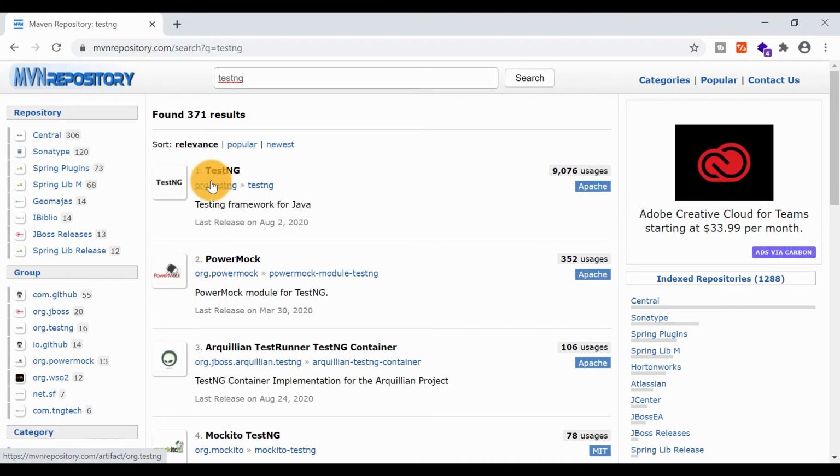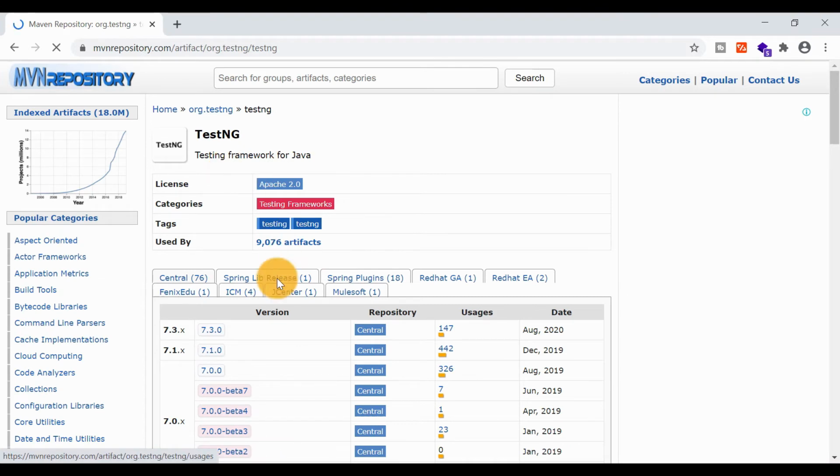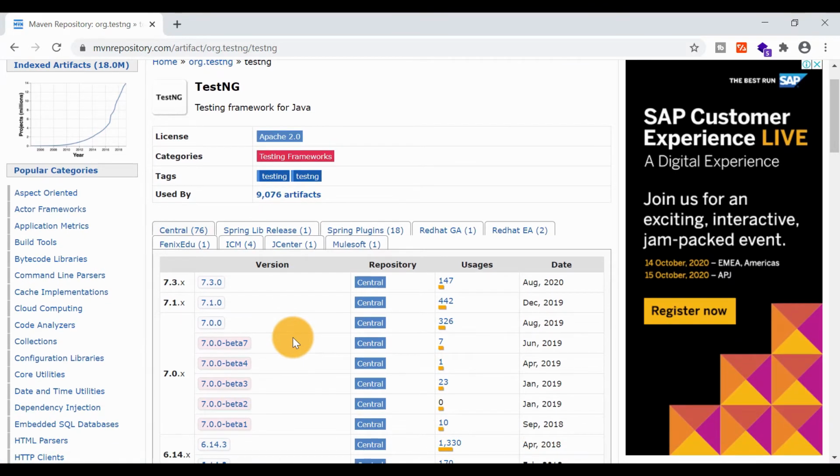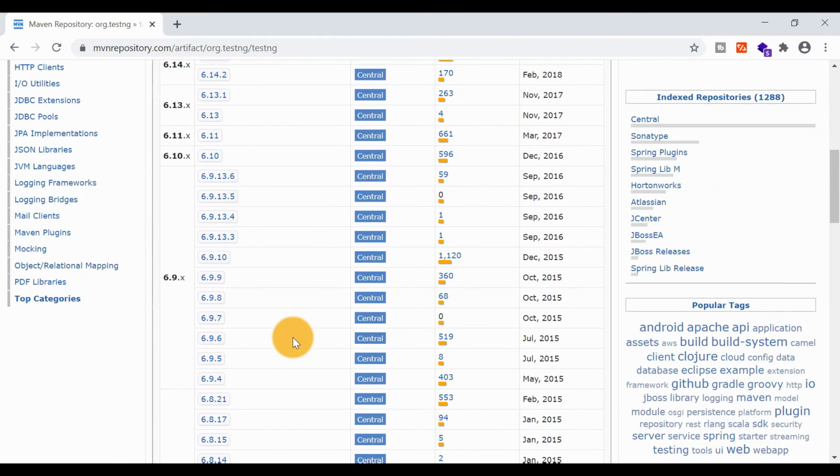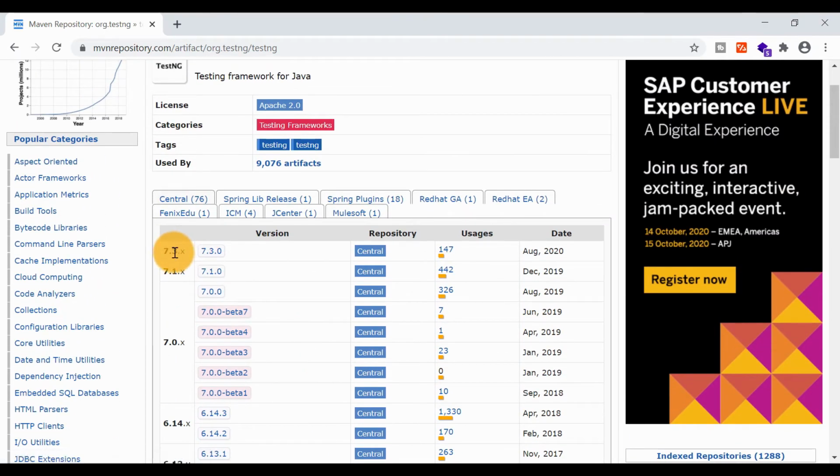This is our TestNG, so just click on that. There will be different versions displayed. These are the previous versions, and the latest version is 7.3, the most stable version currently available. So you just have to click on that version 7.3.